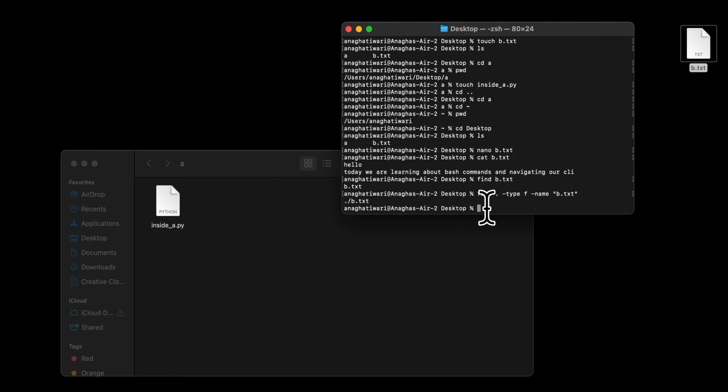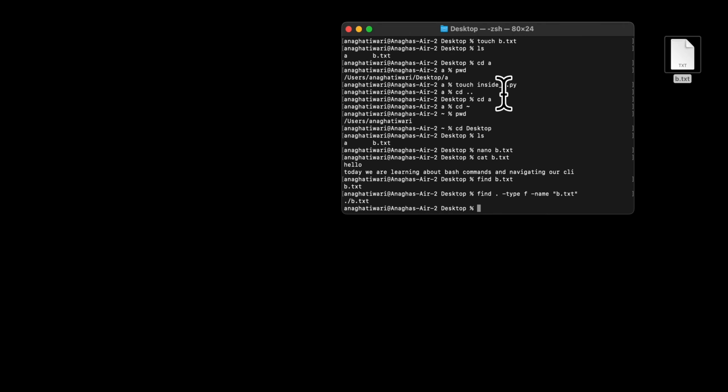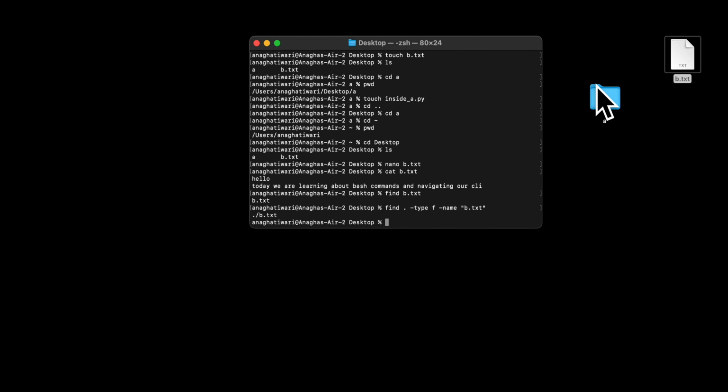Now let's say that I want to rename the file. I don't want to physically go in my folders and open it up, but I want to rename one of the files that is in my, let's say, desktop. So I can use the mv command. The mv command allows me to rename files that I specify. So I do mv and then my